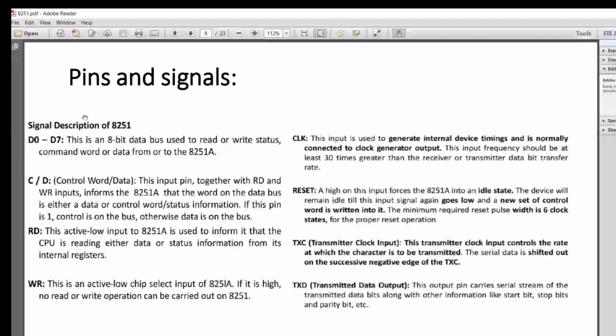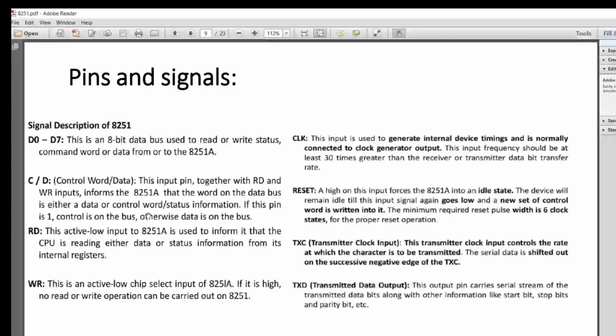That is D0 to D7, 8 pins. These are data bus pins for writing, or reading the status, writing command words from the 8086 to the 8251 or reading from it. Then command or data: this input pin together with the read and write signals informs whether the word on the data bus is a data word or a control word.